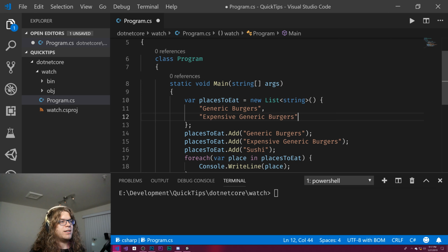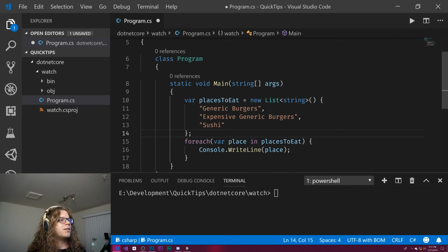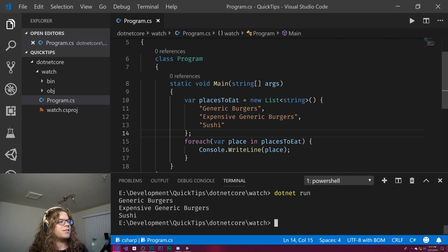Since we're just using strings in this case, I can just copy and paste them. If you're doing objects, for example, you just put the constructors in here. However you're doing the adds, the thing that you want to add, you just put there. And then we can do this, and suddenly, if I run this, we should get a list of the 3